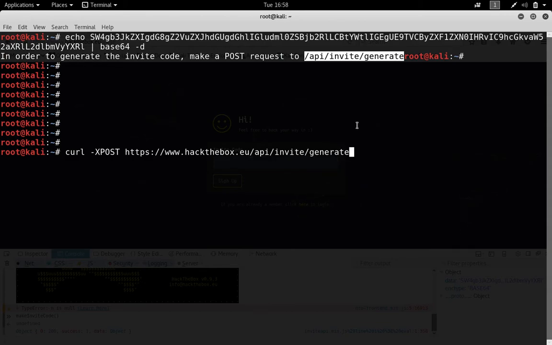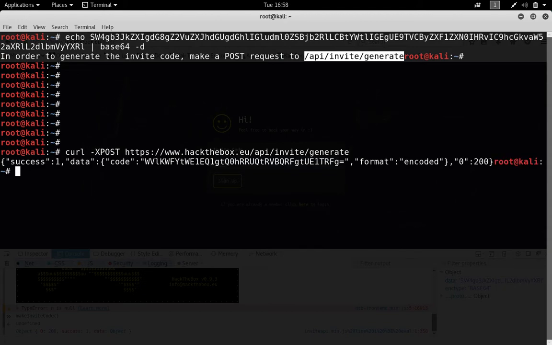So what we'll be doing is giving an instruction to request the server with the help of the POST method through -X, which is treating itself as a request method, as I told you earlier. So it will put one request to the server and will generate one code for us.